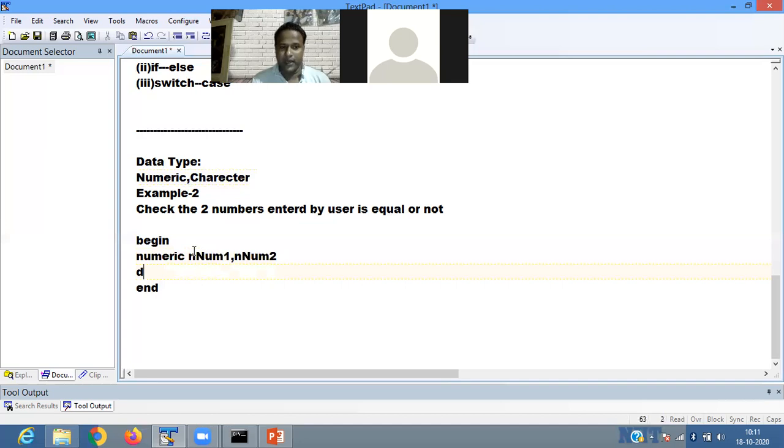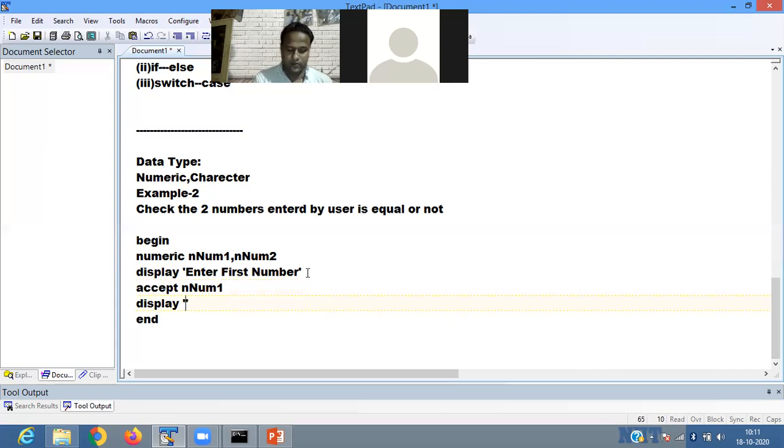Then it will be asking: display enter first number, then accept num1, then display enter second number, accept num2. Then now we have to give a condition.